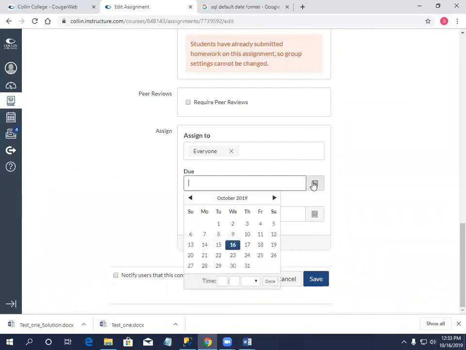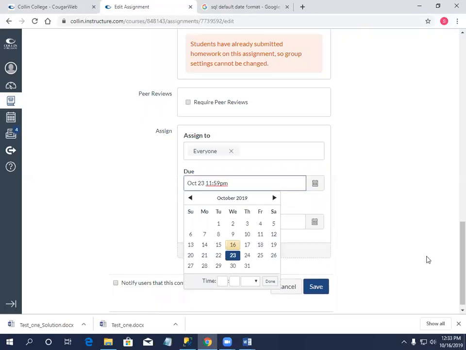Okay, so today is the 16th, it will be due on the 23rd. That is the due date. I'm going to have it graded by the 30th and returned to you. So if you have it to me by the 30th, I will return it to you by then, and